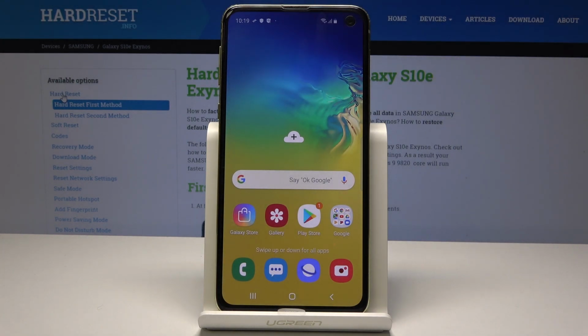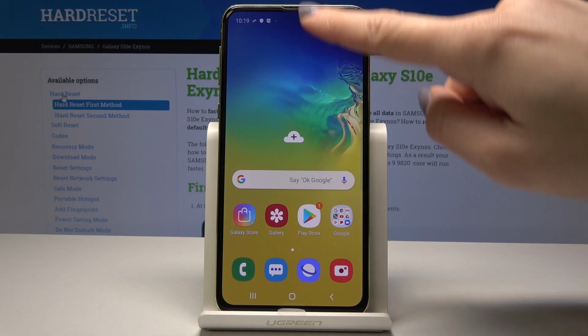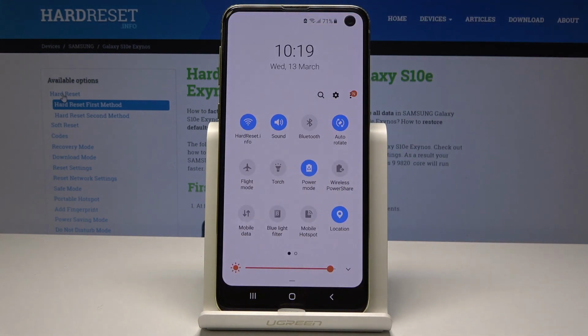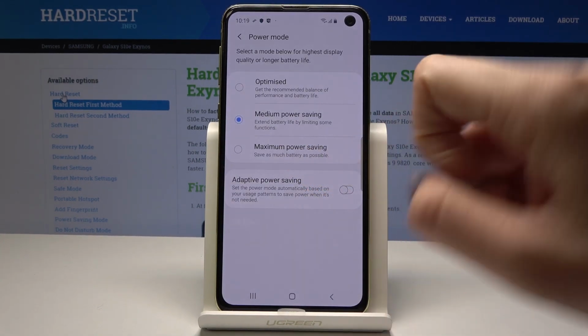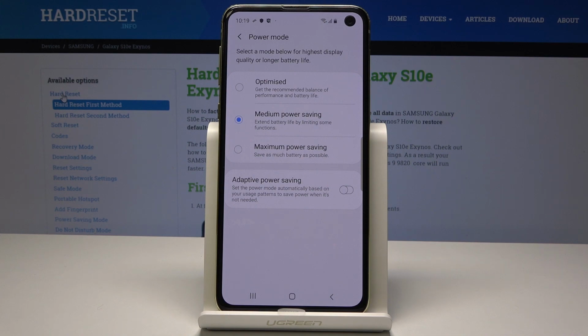If you would like to change it, if you would like to personalize it or choose the other power saving mode, just open the upper bar one more time and keep holding on power mode a bit longer, so for about 3 seconds. Now you are in battery menu in power mode, so you can select either optimized, so it